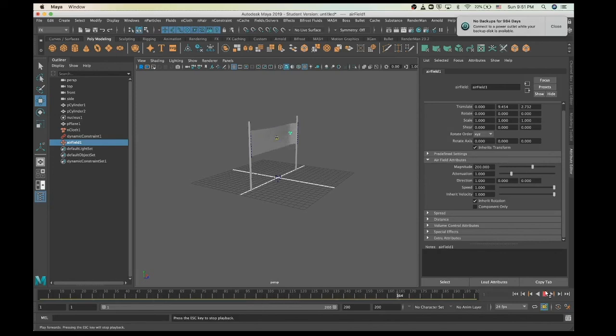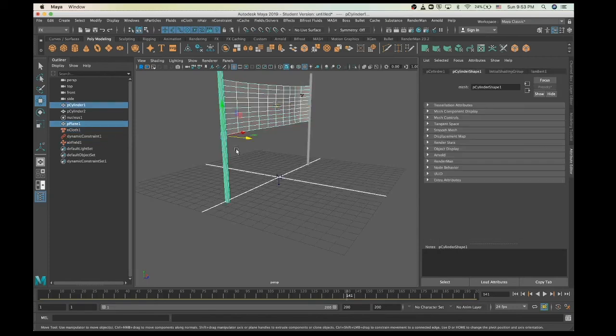And as you can see, you can play around with these options, like the magnitude. The other one, it's hard for me to pronounce. And you can change your speed or inherit velocity and see how each of them work. So there is a lot that you can do with the fields. You can add a lot of interesting simulation in Maya. You can also create some sort of simulation, and then for your objects create a mesh. For example,